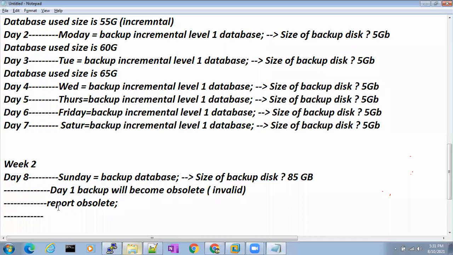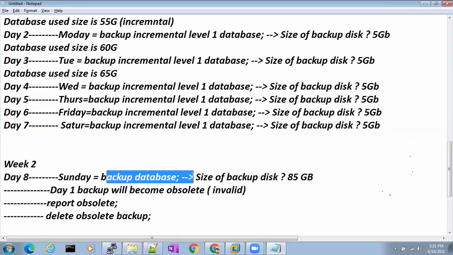Thank you. So along with this command, I have to give one more command, report obsolete, and I have to give one more command called delete obsolete backup. We can delete or we can keep it like that also, no problem. We can do it later also. If you want, we can include all 3 commands in one single backup. So every Sunday backup, we have to run these 3 commands.